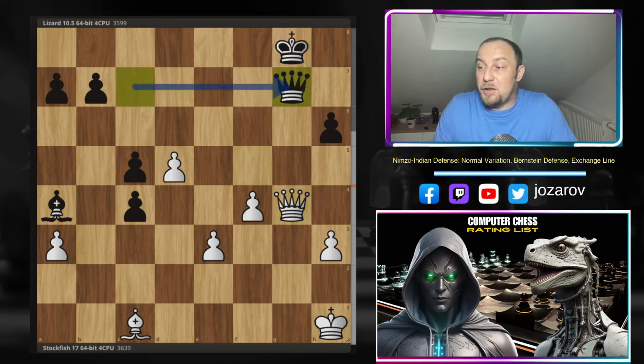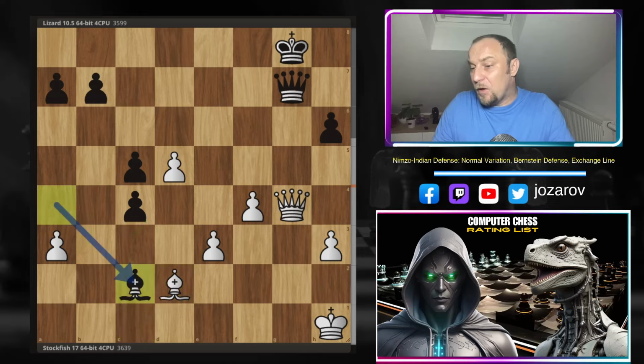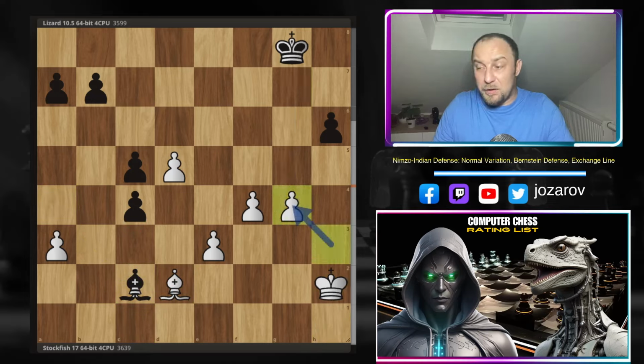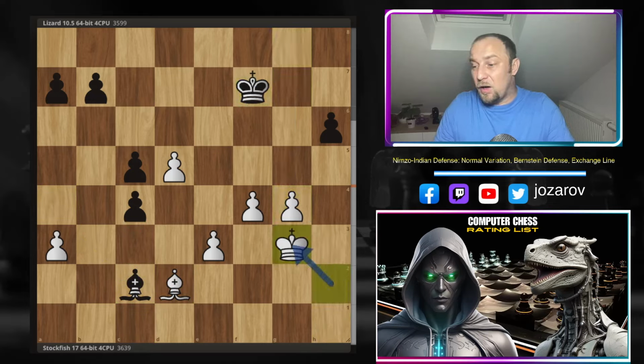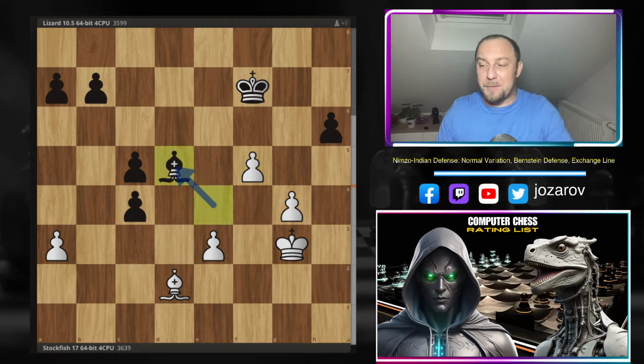Here Lizard is trying to simplify the game by trading off the queens, but Stockfish plays a calm bishop to d2, controls the progress of the c pawn, not allowing of course this pawn to be advanced. We have now bishop to c2, Stockfish includes the king into the game, and now after king to f7, king to g3. Okay, here bishop to e4 was played by Lizard just in order to grab this pawn, but